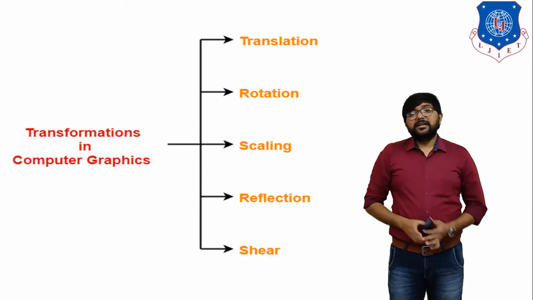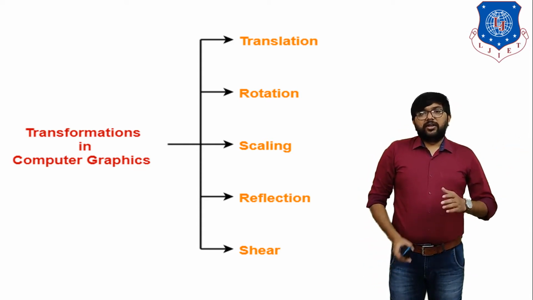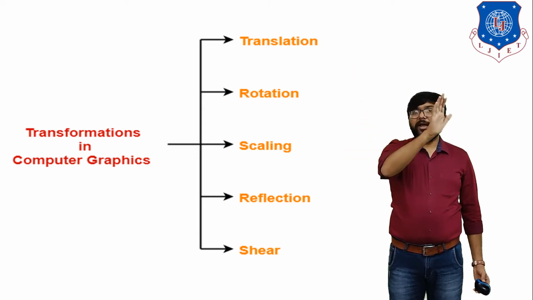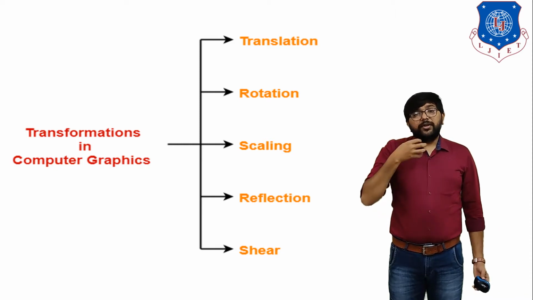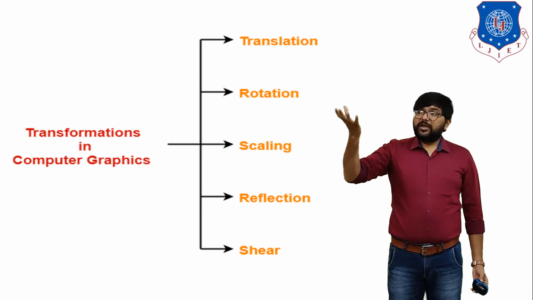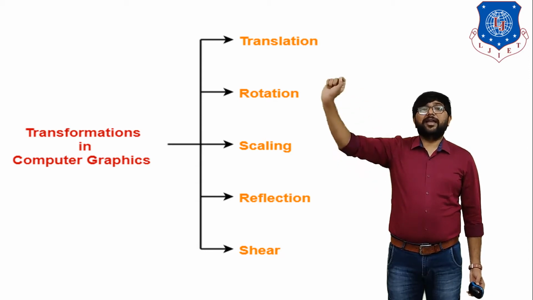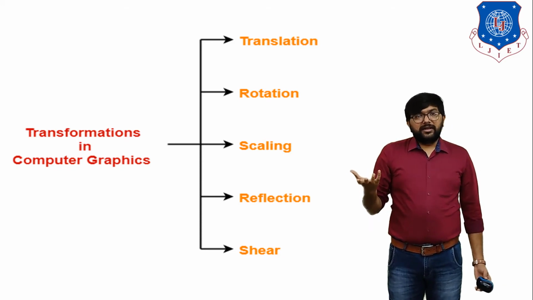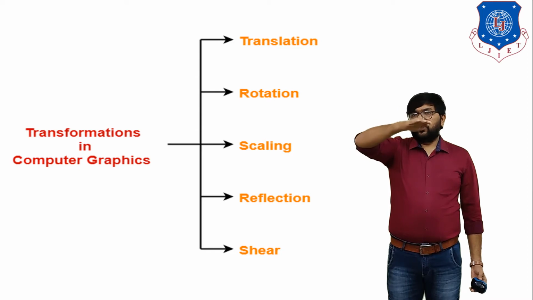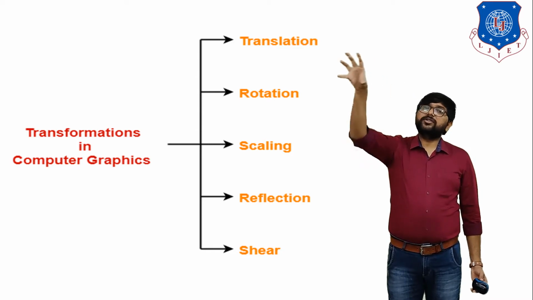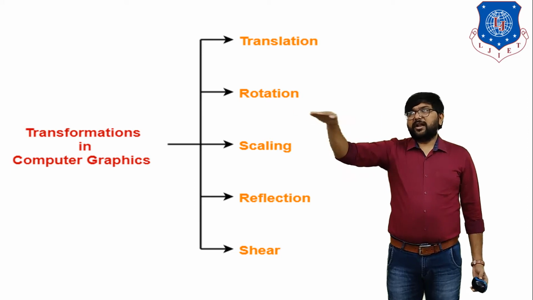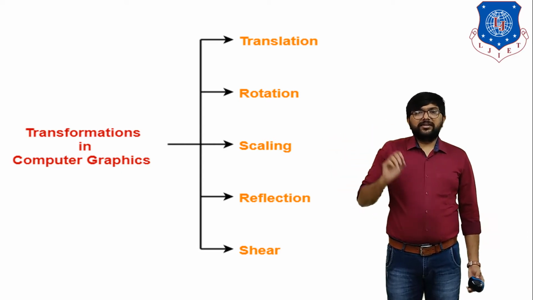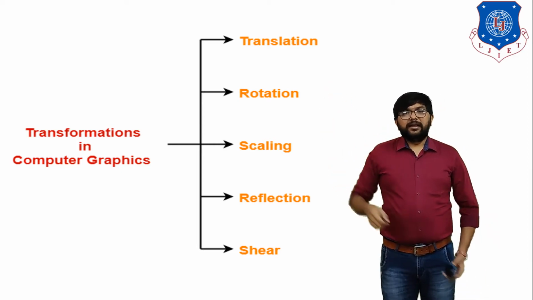Next one is reflection. Reflection means it is one type of mirror effect. Clear? If you want to get the reflection of your object about the x-axis, the y-axis, or the origin, or if you want the mirror image of your object about a particular straight line, then all of these processes come under reflection geometric transformation. Suppose you have one triangle in the first quadrant. If you take reflection about the x-axis, you will get the reflection in the fourth quadrant. Clear? So this is reflection. We will discuss this topic in detail in the next lecture.